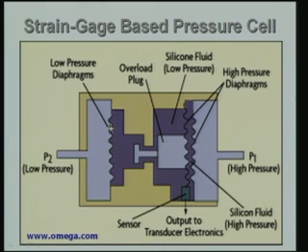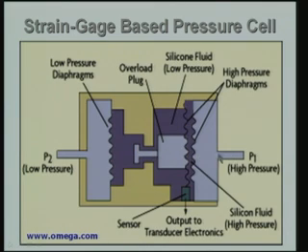One, you have a low pressure diaphragm on the left hand side. This is the low pressure diaphragm. The low pressure is fed in through the opening here. We have the high pressure P1, and there is a high pressure diaphragm, and there are in fact two of them, and in between there is silicone oil or silicone fluid, which is subjected to the high pressure. That means that when I apply the high pressure here, it is communicated to the silicone fluid in this particular region. When I have the low pressure on this side, the low pressure is communicated to this region, and therefore there is a pressure difference between this side and this side,